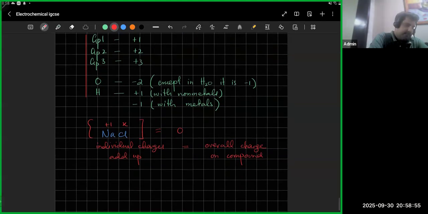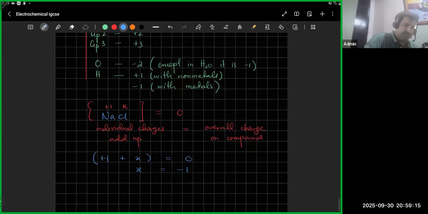So Na is +1. So I'm going to apply this rule and try to find out what Cl is. Na is +1. Cl, I don't know what the charge is. I'm going to give it X. But the entire molecule, NaCl, the entire compound, is neutral. It's 0 charge, right? So if I solve for X, X will come out to be equal to -1. That means Cl had a charge of -1, which we already knew. Okay, so I'm just telling you the method that if you know the charges of some of the elements, the oxidation states, you can figure out the oxidation states